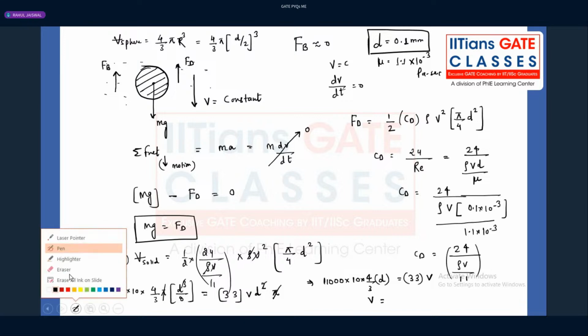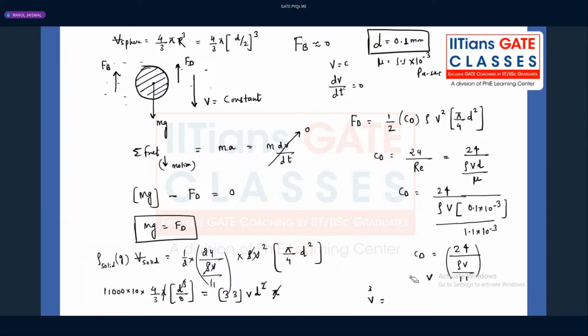If you see this step, I will be doing it here. I'm just removing this part. CD value we got 24 by rho v d over mu. Rho and rho will be cancelling out after substituting this, and V will be cancelling out here. So we are going to get